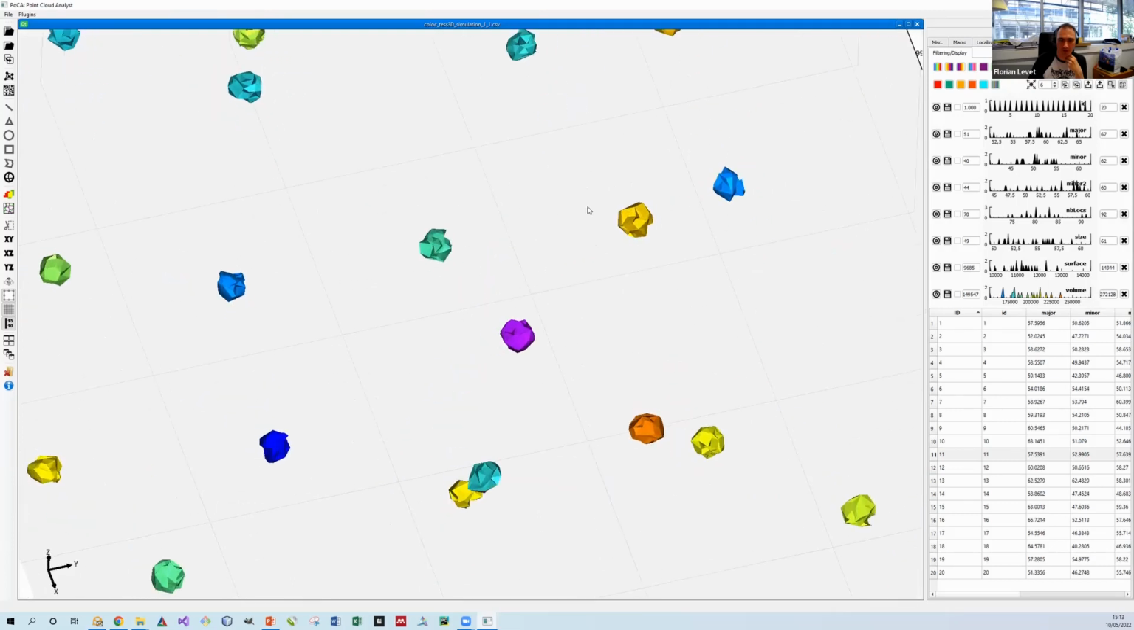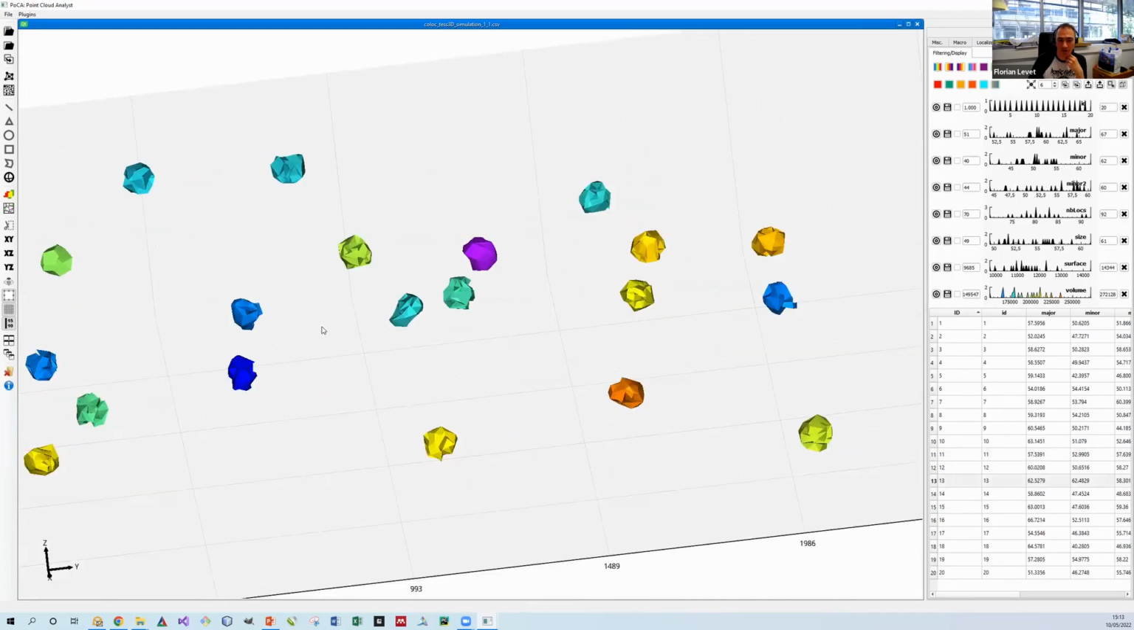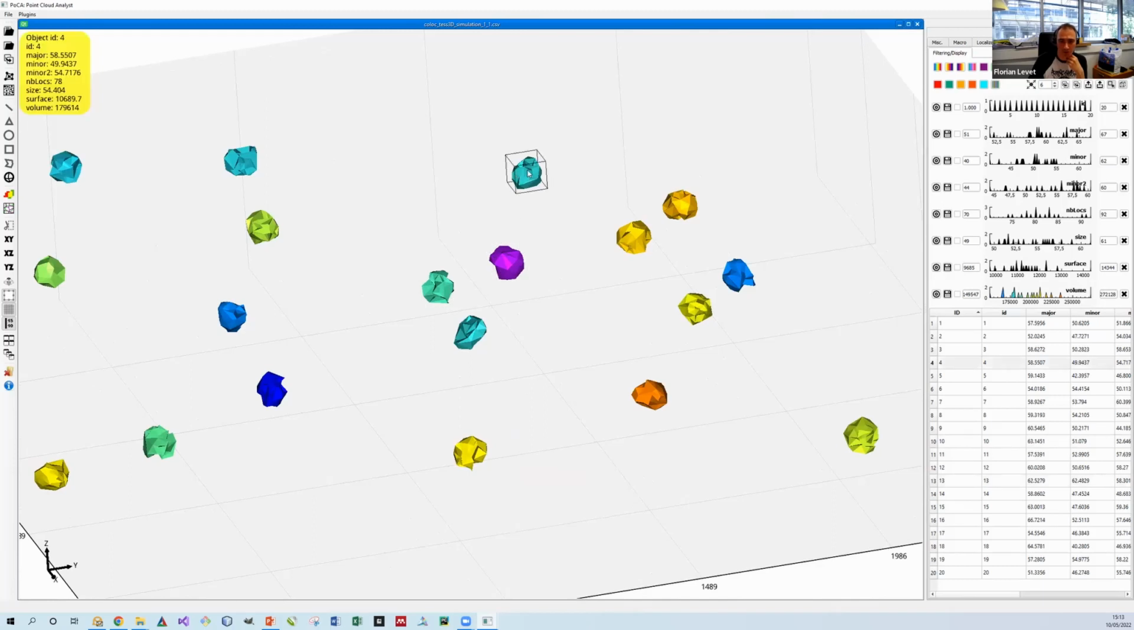So here you have the surface and volume of your object. When you go to an object, you can see that you have some information about the object displayed here. It's also true for the Delaunay triangulation, for the Voronoi diagram, the localization. So you have the object ID and all the features that were computed. So the major axis, minor axis, the second minor axis, because it's in 3D, so there are 3 axes, the number of localizations, the size, which is basically the major axis plus the two minor divided by 3, the surface,